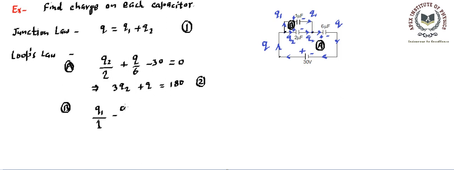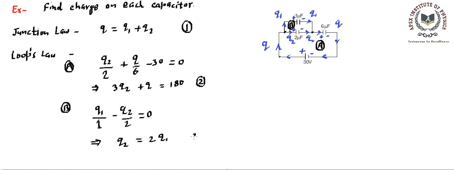How much is the gain? The charge on the capacitor divided by the capacitance. After writing this term, we have reached the original point, because in this loop there were 2 elements, so we got 2 terms, one positive and another negative. This has to be equal to 0. Now we can simplify this further, so Q2 is equal to 2 times Q1.